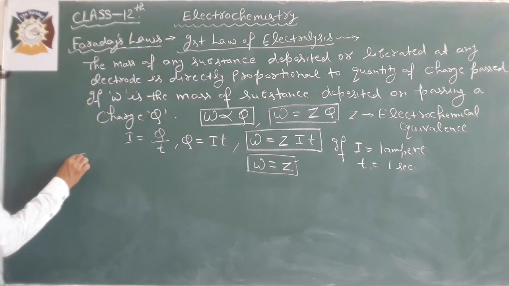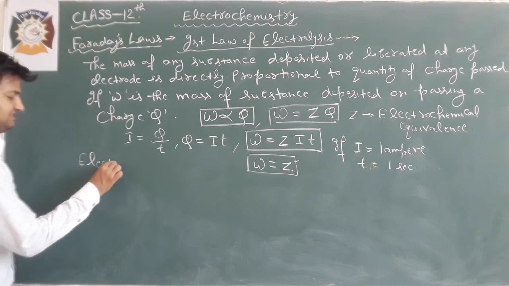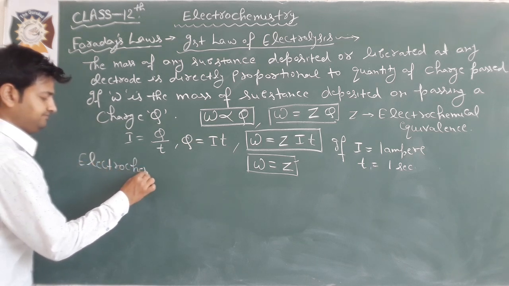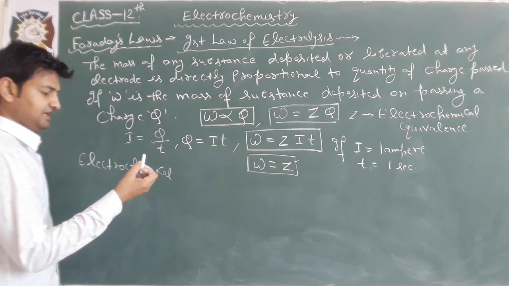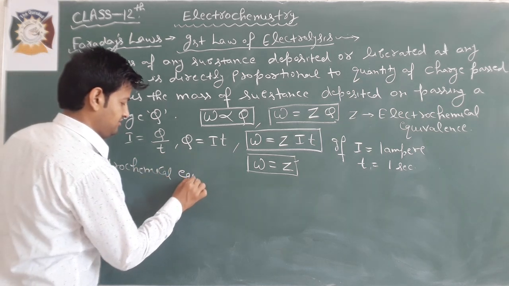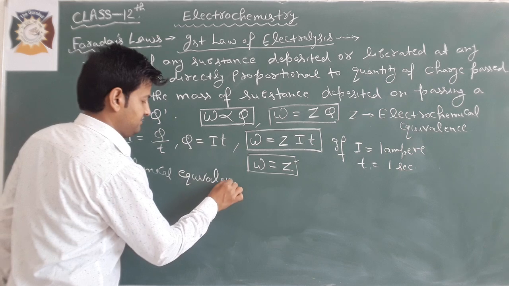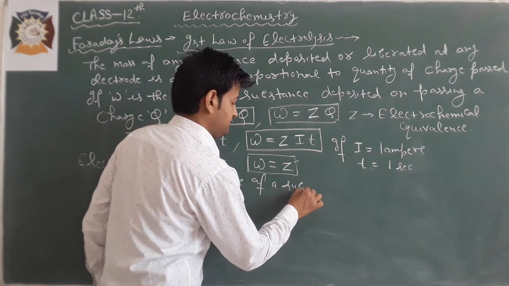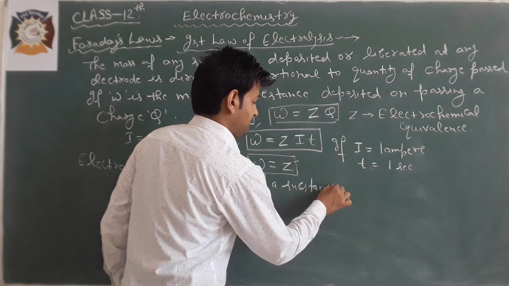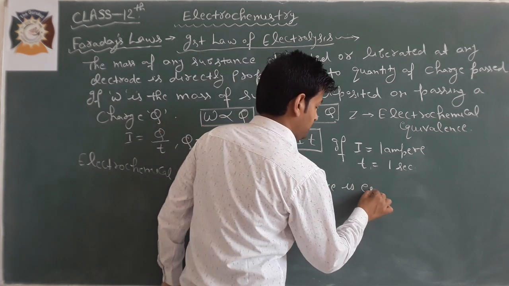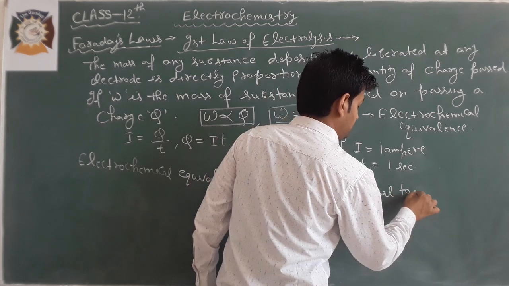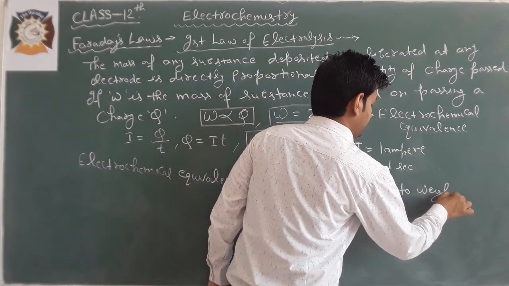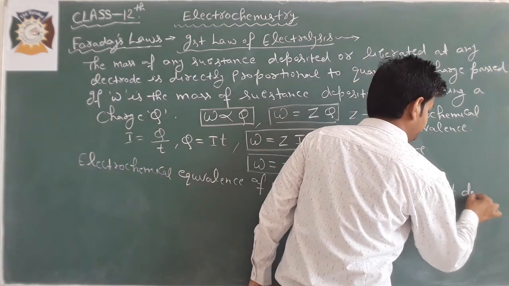The electrochemical equivalent of a substance is equal to the weight deposited on the electrode